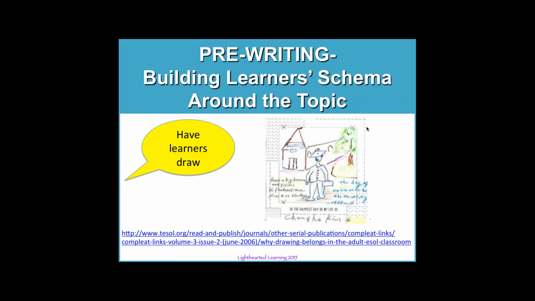If you have the learners draw, that's a great pre-writing activity, especially at low level, but it also works at higher level, having them write a story, make a storyboard, especially if they're doing a process paragraph, to give them time to plan and think about what goes into that process. And they can use symbols, or they can use their cartooning skills, or they could use words and images. They don't have to be Picasso, or maybe they want to be Picasso, and maybe not Renoir. But this link that I have at the bottom, you can see the title at the end, Why Drawing Belongs in the Adult ESOL Classroom.